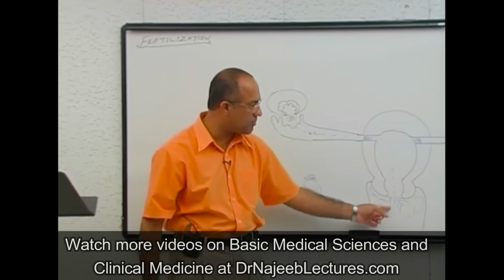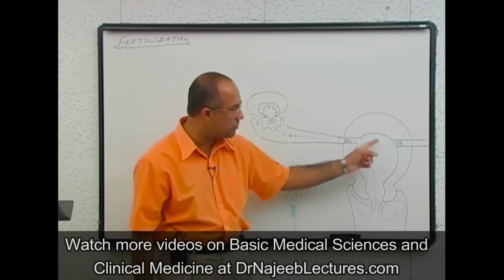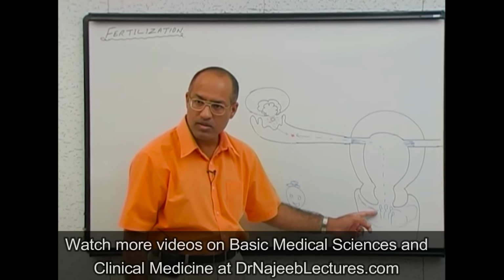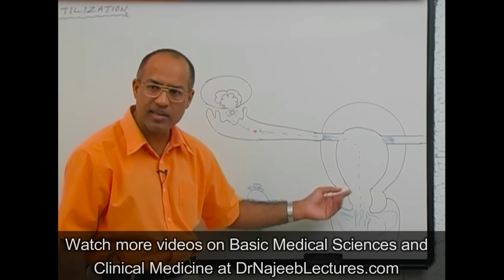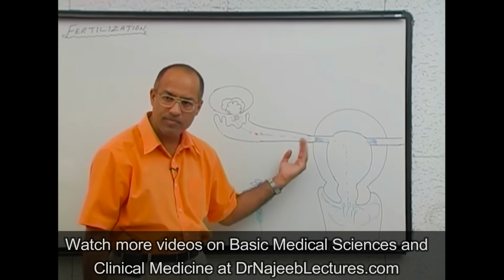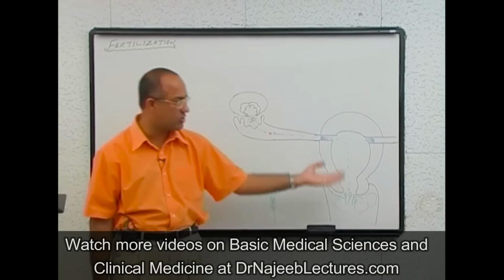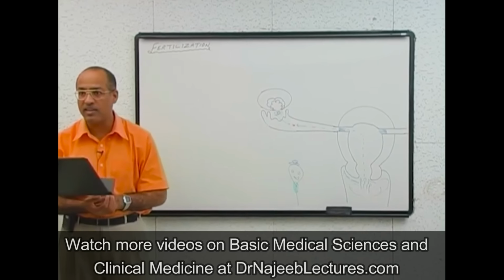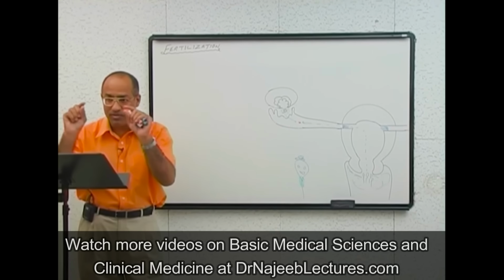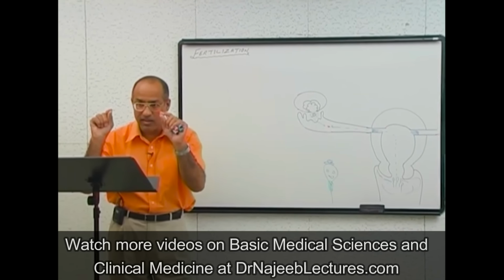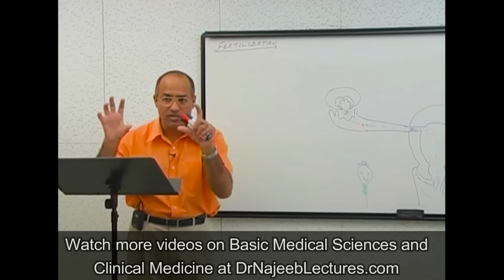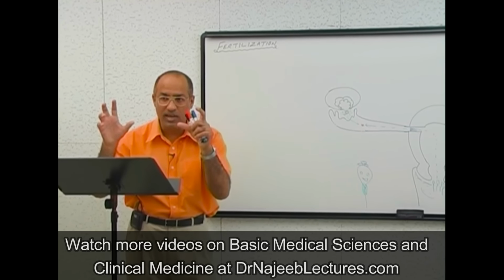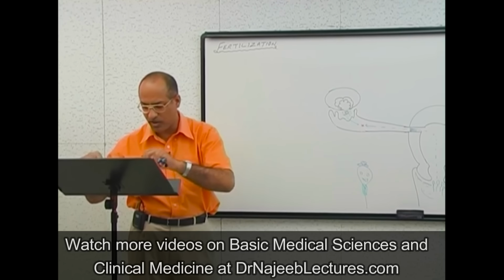Again, there are multiple things which facilitate the movement of sperms. Number one was its own tail movement. Number two, contractions. And this little favor also done by the cilia of the mucosal cells. They also assist in the movement of sperm, right? But they slow down at the uterine part, or slow down at the isthmus. And if ovulation occurs, the secondary oocyte along with its corona radiata cells release chemoattractive substances and the sperms become activated and rush towards the ovum.